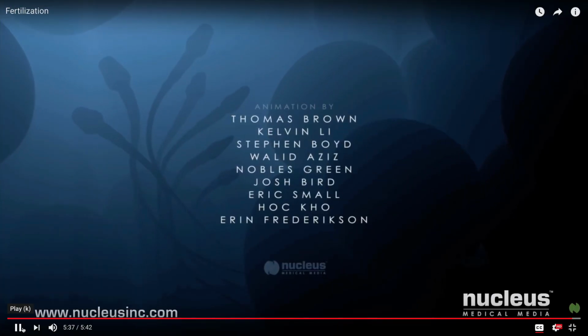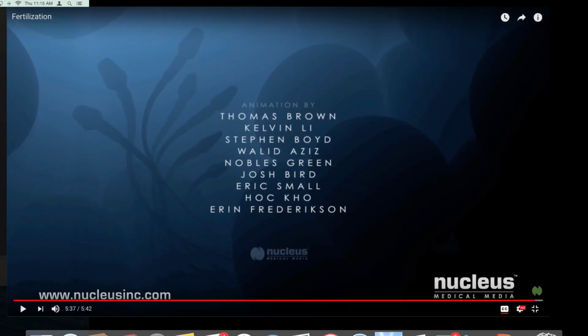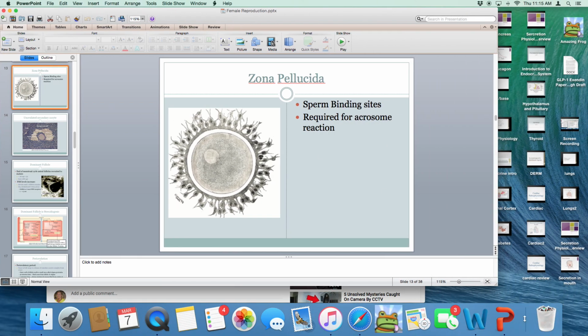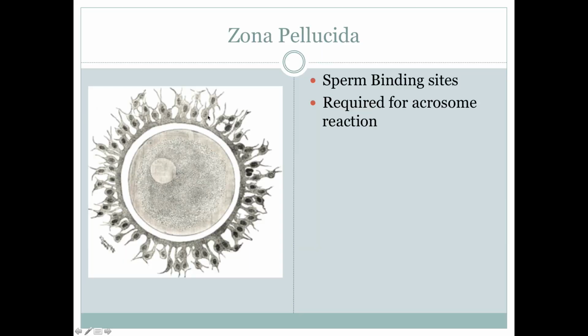Very cool, right? So as I mentioned before, it is not the fastest sperm to get to the egg that fertilizes it. It's the sperm that takes advantage of the fact that all the other sperm have already made an opening for it. So it's the most opportunistic sperm that gets inside of it. And then once the sperm gets in, there's this huge influx of calcium and it prevents more sperm from getting in. If more than one sperm get in, what do you think would happen?